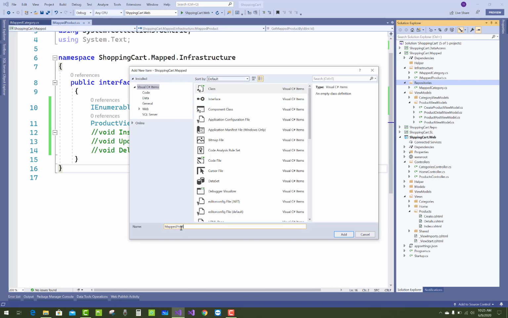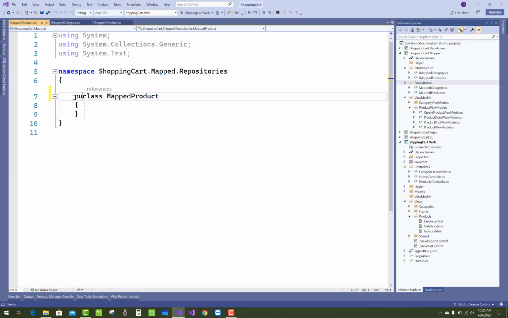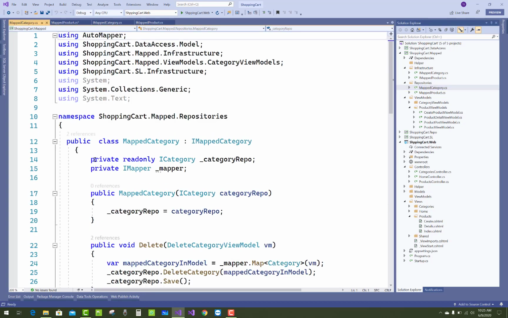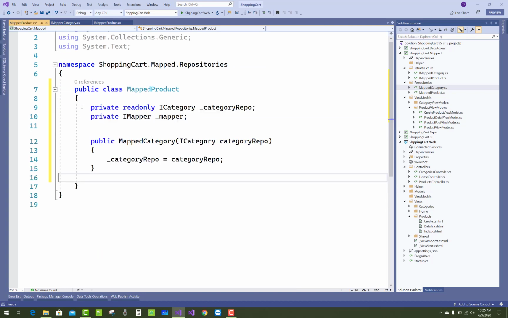Add a new class in the repository, that is MappedProduct, and make it public. The default is internal. So just copy from the MappedCategory class into MappedProduct, and just change ICategory. In place of ICategory you can add IProduct.